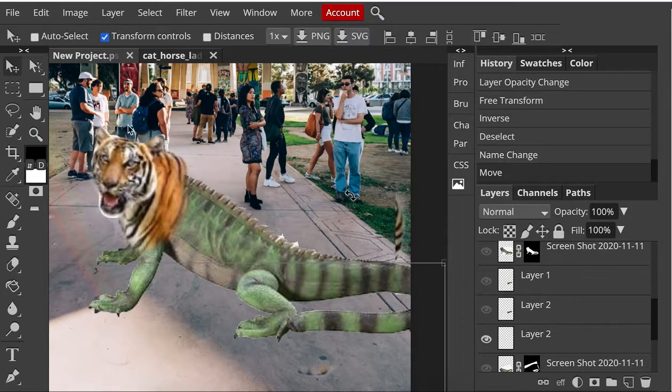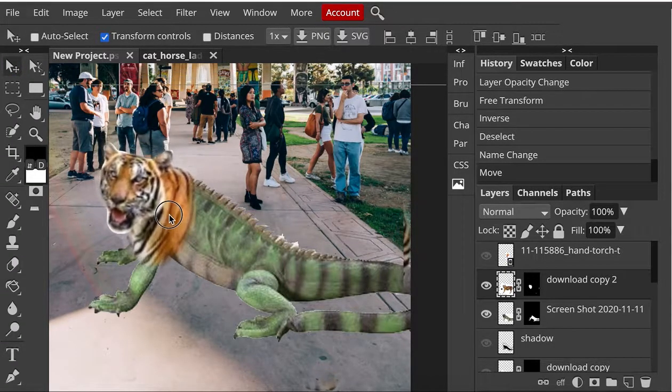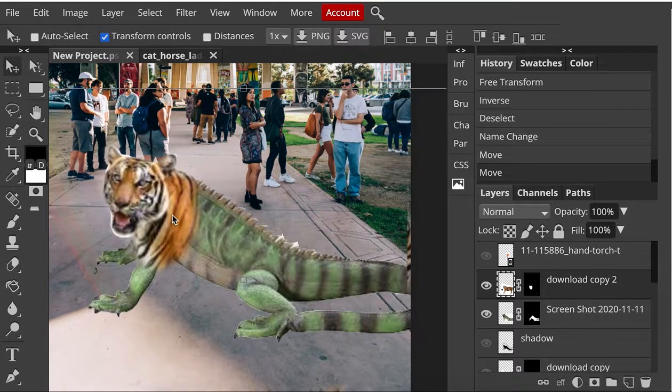All right, this is the second video. We're going to figure out how to get a texture from the tiger and warp it onto this iguana. First of all, let's go to this tiger head. I need to sort of make it fit a little bit better. I think that fits a little bit better. Now I need to make sure,